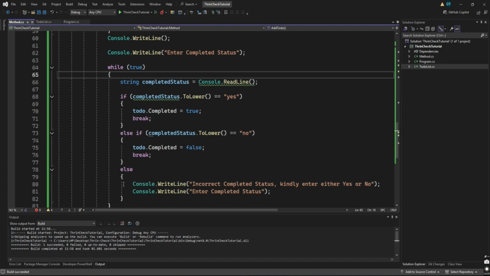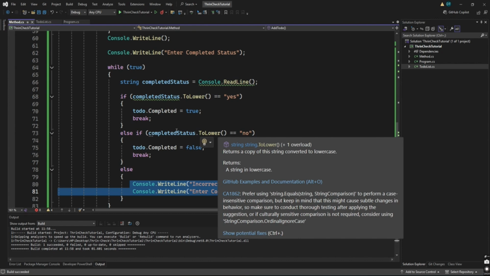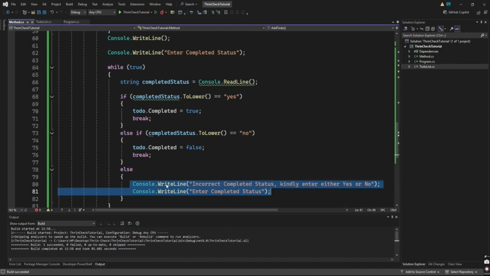So once it gets here, and all these conditions are yet to be met, it does not break out of the loop. It will just come back to the loop again, back to the top. Once it gets to this else statement, it displays this message. It will come back to yes, no. If it is not equal to yes, is it equal to no? If it is not equal to no,